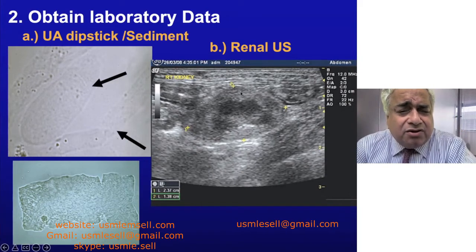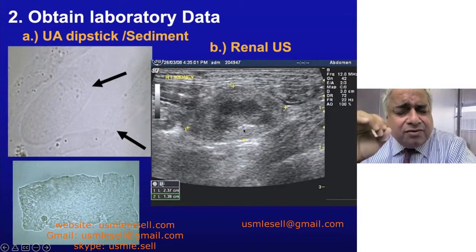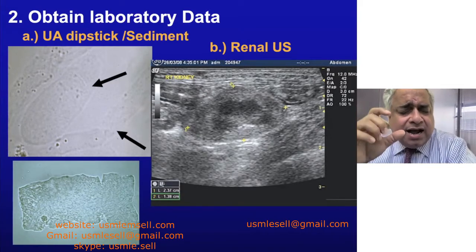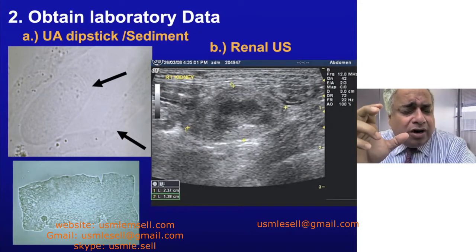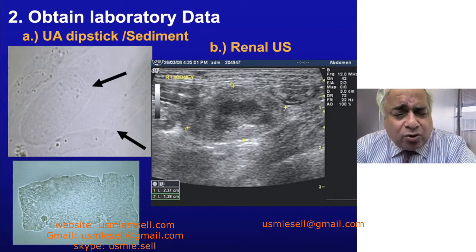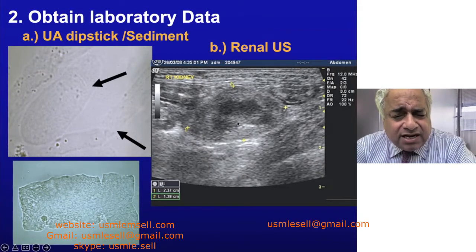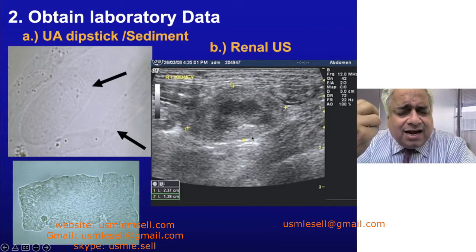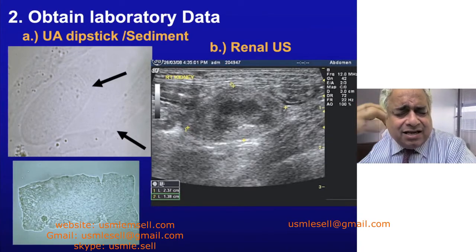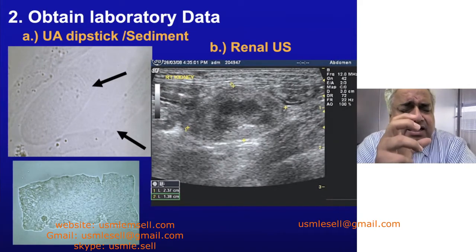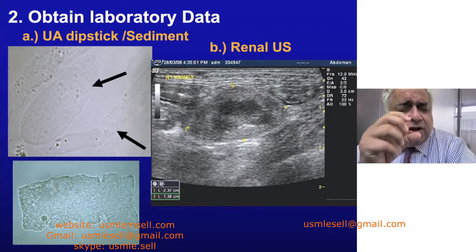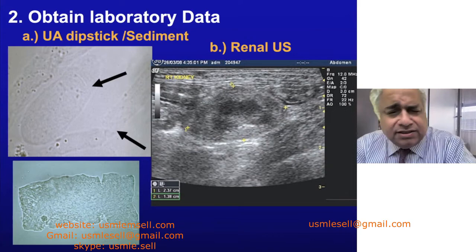You can do a renal ultrasound. The thing you're looking at in the renal ultrasound report is the kidney size. Kidneys that are shrunken are compatible with chronic kidney disease, as is the cortical thickness. Remember, kidney parenchyma is divided into the medulla and the cortex. The cortex is the outer rim of kidney tissue, and as kidneys become diseased, the cortex shrinks. The radiologist may point out to you not only that the kidneys are smaller than normal, but that there's thinning of the cortex, an indication of chronic kidney disease.